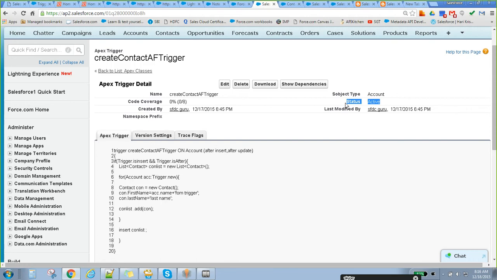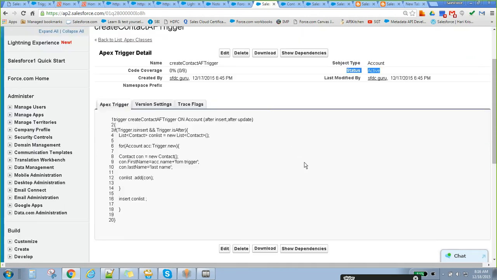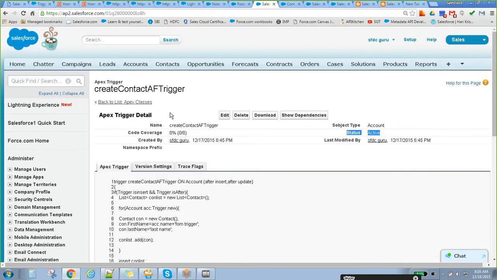Now this functionality is simple. Whenever you create an account, after insert of that particular account, we have to create one contact with this particular name. Let me go to Account and create a new account.